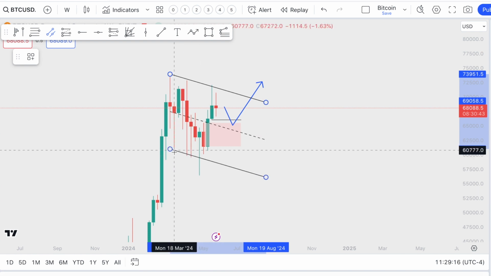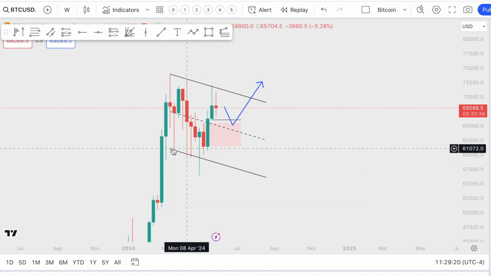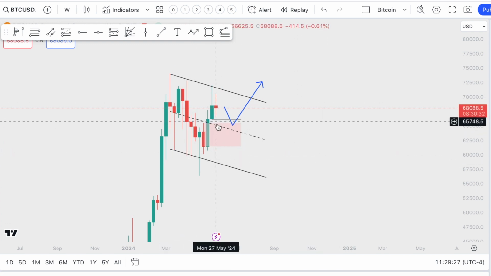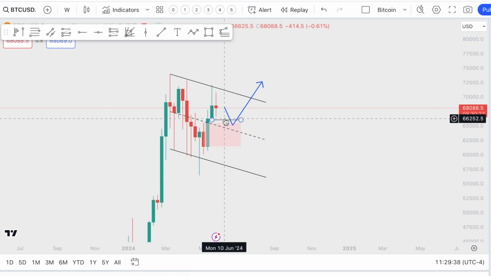I'm not really the best at drawing these. You could draw it down here with that, or you could draw it here. I kind of like this one since this one's been respected quite a lot. But yeah, that's going to come in confluence with the midpoint of this channel. So I wouldn't be surprised if we got a wick in this coming week down into this zone right here, that $65,000 level, before a